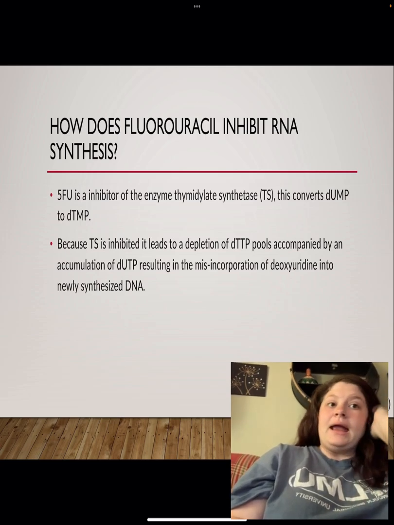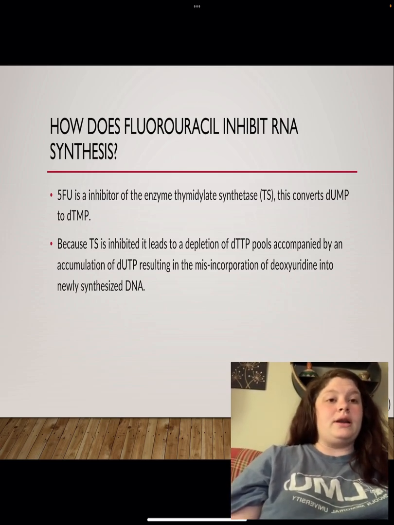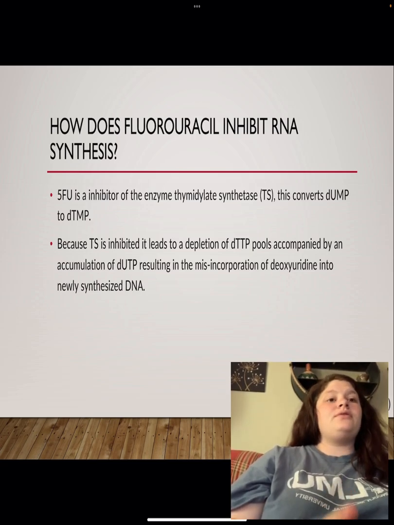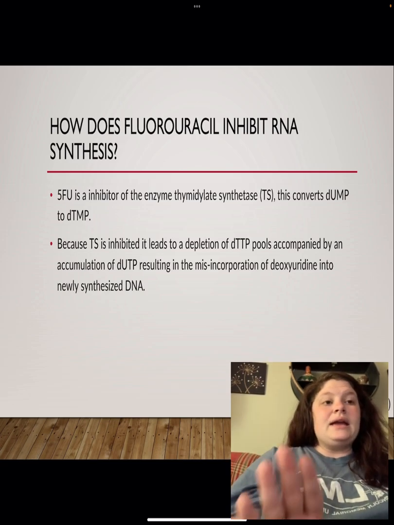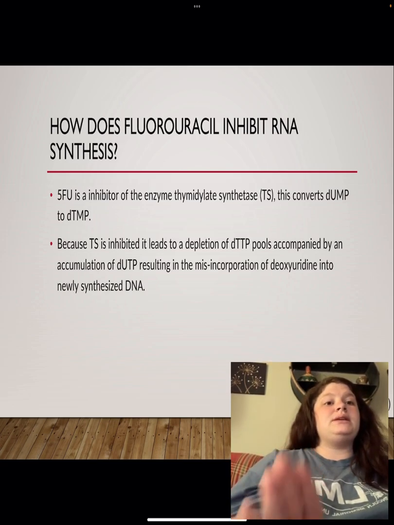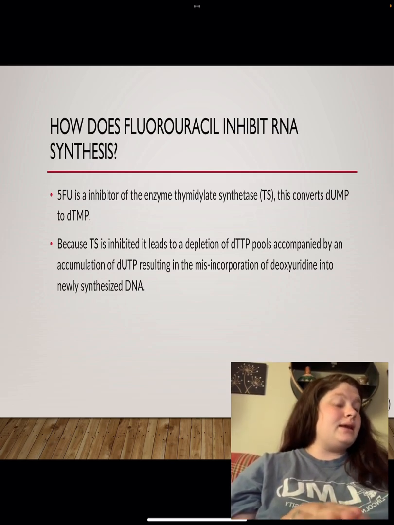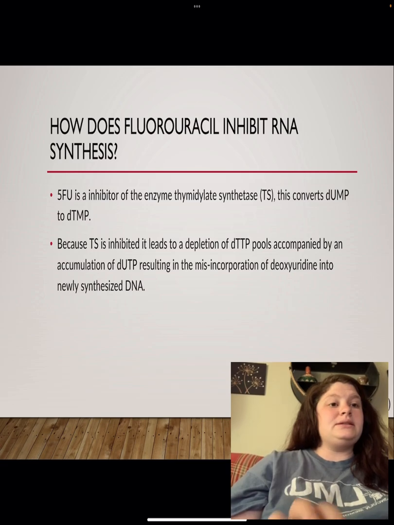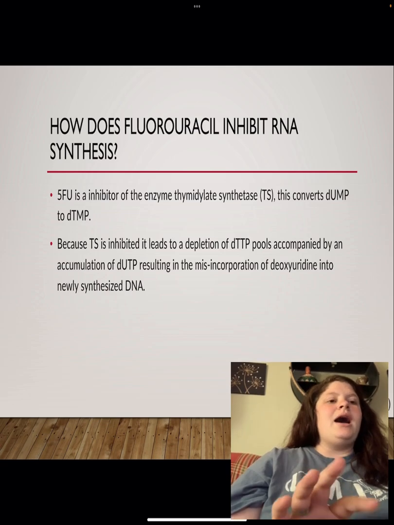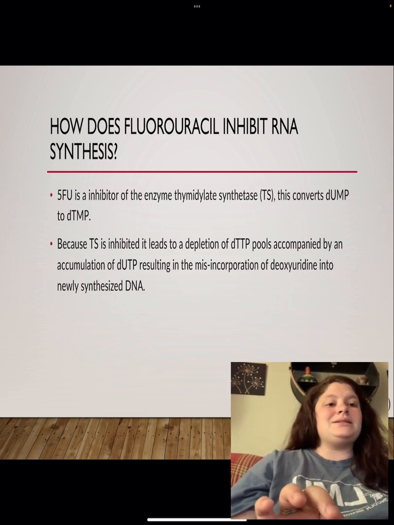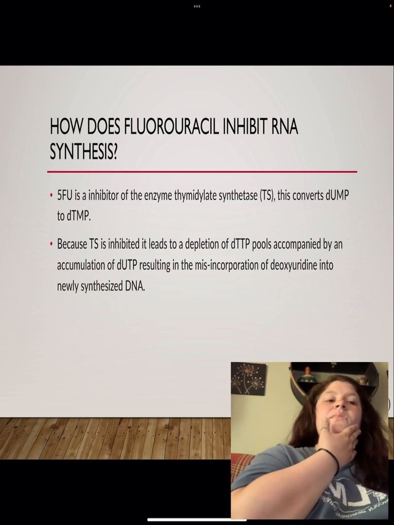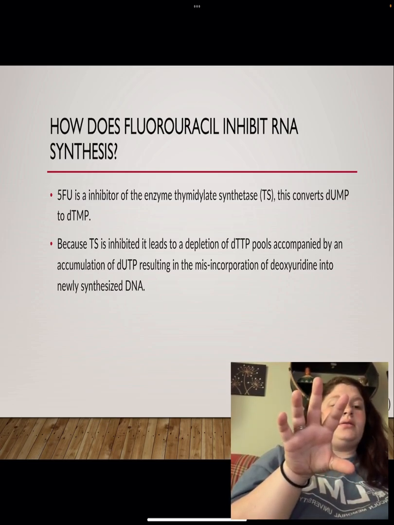fluorodeoxyuridine. And how does fluorouracil inhibit RNA synthesis? Because 5-FU is an inhibitor of the enzyme thymidylate synthetase, which converts dUMP to dTMP, and because TS is inhibited, it leads to a depletion of dTTP pools, accompanied by an accumulation of dUTP, resulting in the misincorporation of deoxyuridine into newly synthesized DNA. So this is important when we start talking about the